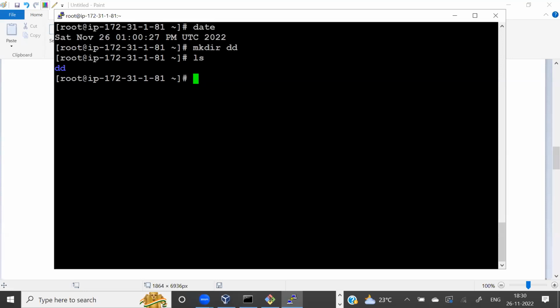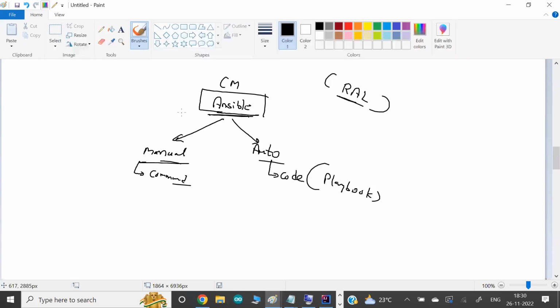Obviously, we always want to use Ansible for automation, and I'll tell you how to write Ansible code or playbooks. But let's start with the manual way. If you run Ansible as a command, the manual way, those commands are known as ad hoc commands. Ad hoc means every command does something for you, like creating a file or installing software. But whether you use Ansible manually or for automation, in both ways Ansible does a core thing: the intelligence is there.